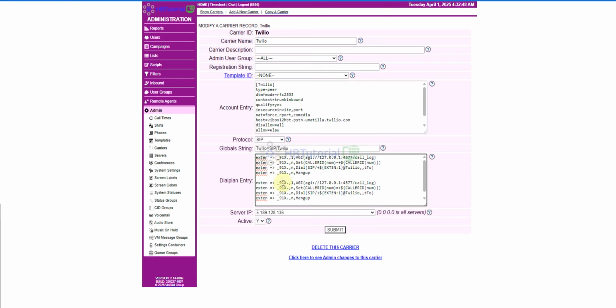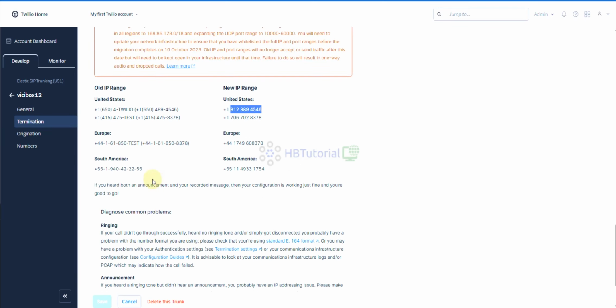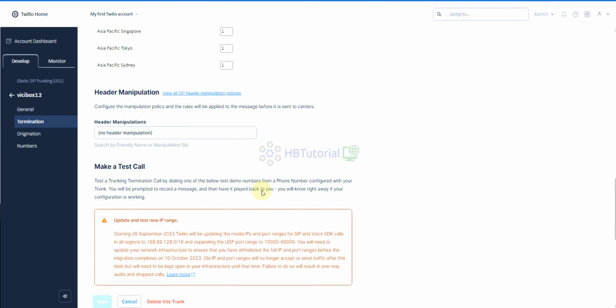Okay. So for me, if I want to call another country like 44, so this is country 44. So just put it like this one. Okay, and then submit, and then you will be able to call other countries, but you need to verify your